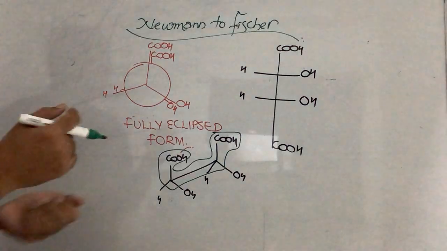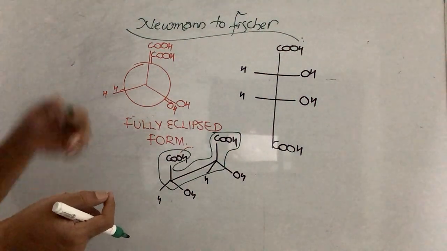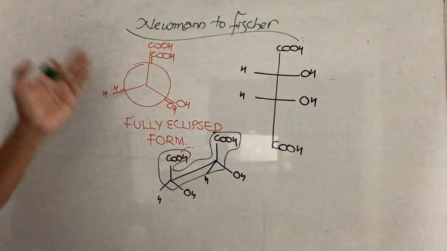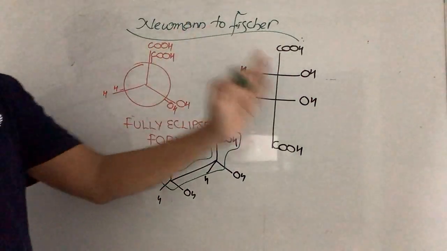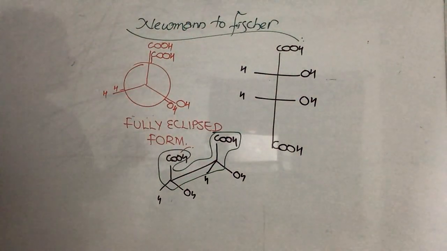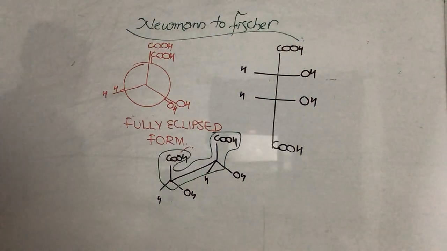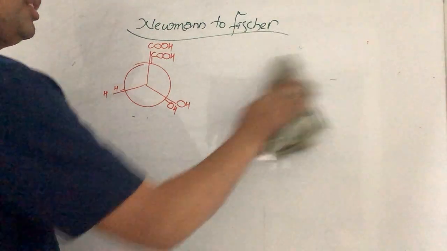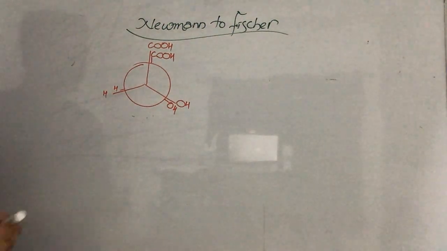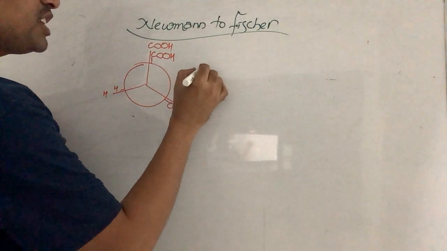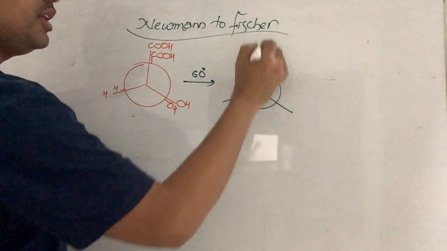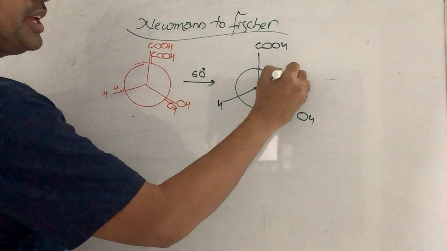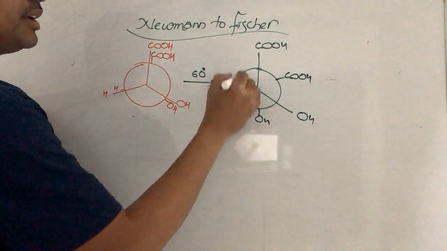Technically, and for understanding purposes, we can write from any form, but the actually correct thing is, if any other form is given, it must be converted into eclipsed form. From the eclipsed form, you can convert into the Fischer projection. That is actually correct. For example, if it is given in this way, I am rotating this by 60 degrees. What happens when it is rotated 60 degrees? This COOH, OH and H are the same. The COOH is coming here, OH is coming here, H is coming here.